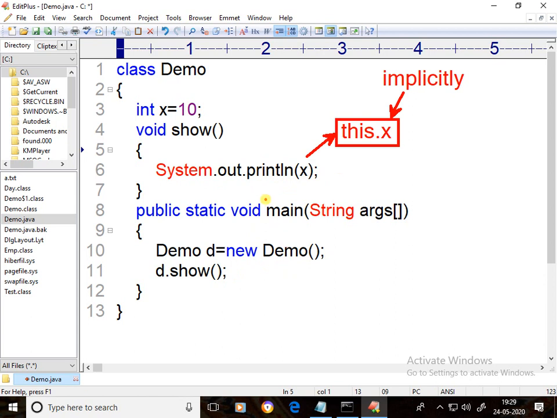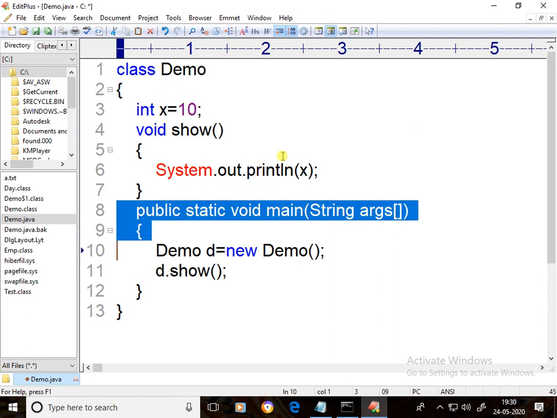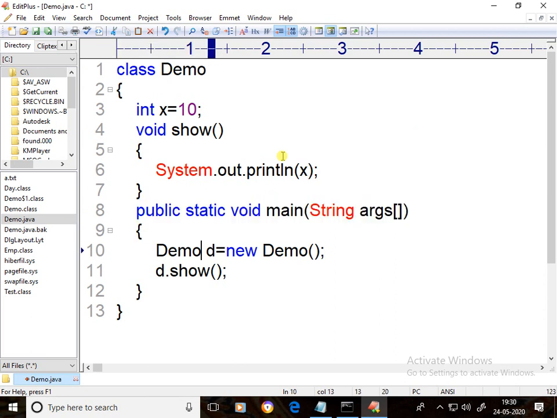If I compile and run this program, what will happen? See, Demo class loaded, open brace executed, main method called, open brace executed, here object created for Demo class, then memory allocated to instance variable x, that object referred by d. With the d we are calling the show method, then control comes to the show method.